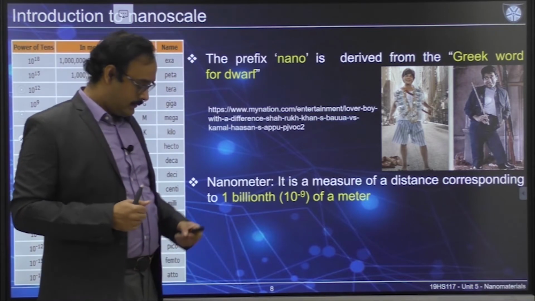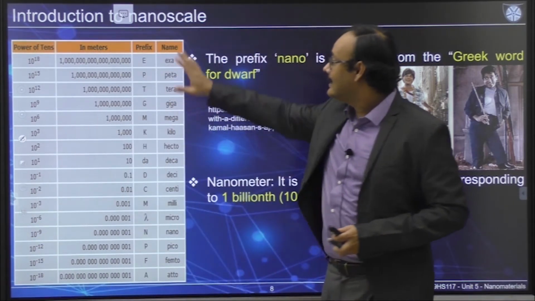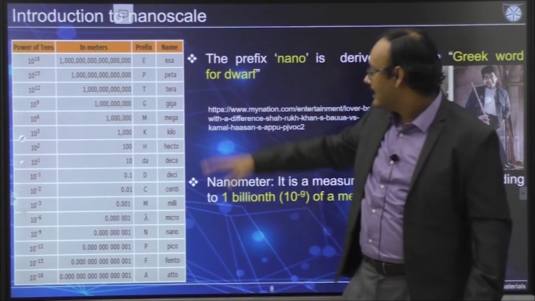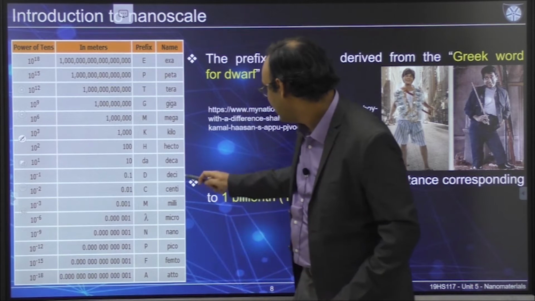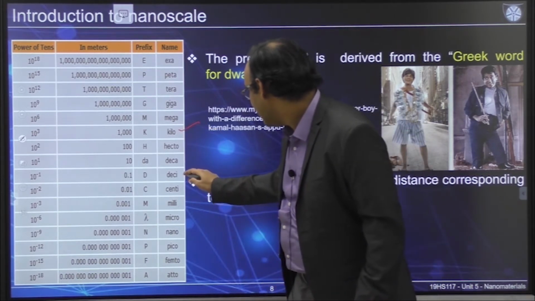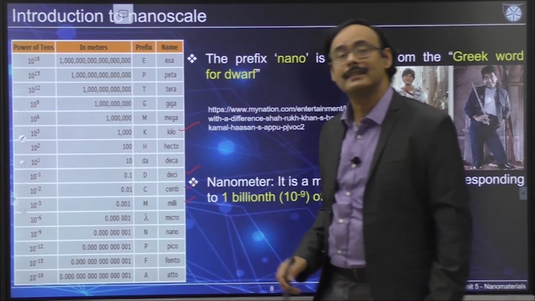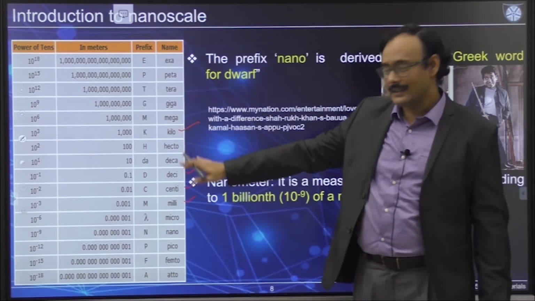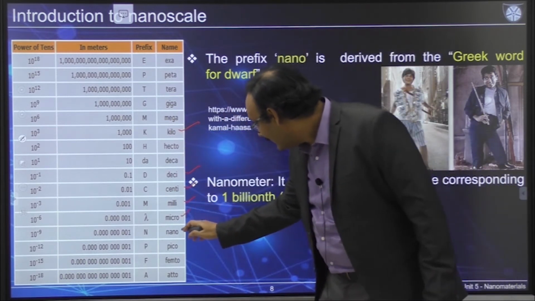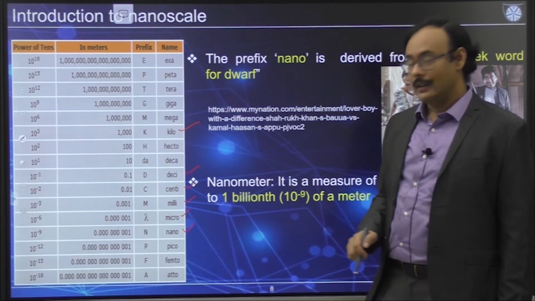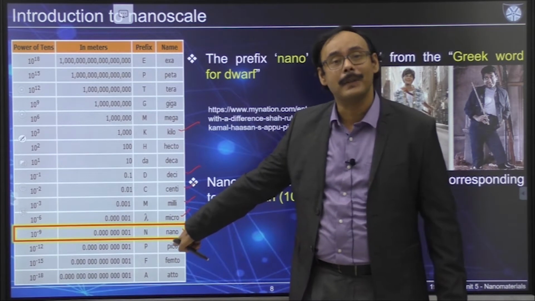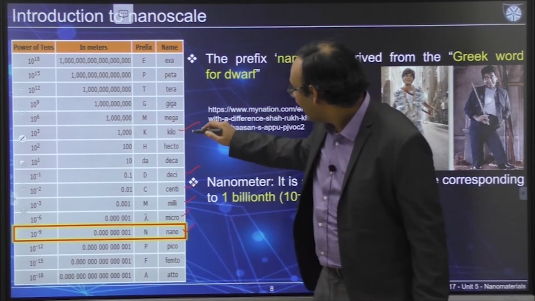Just to give you some idea, this is a scale chart. You already know about this part, right? For example, if you start with this, this is kilo, this is deci, centi, milli. These are the scale part we already know. This is something that we can still visualize. After that it becomes micro, then it becomes nano. So when we talk about nanometer, we are essentially talking about this much. So if you start with a kilometer,